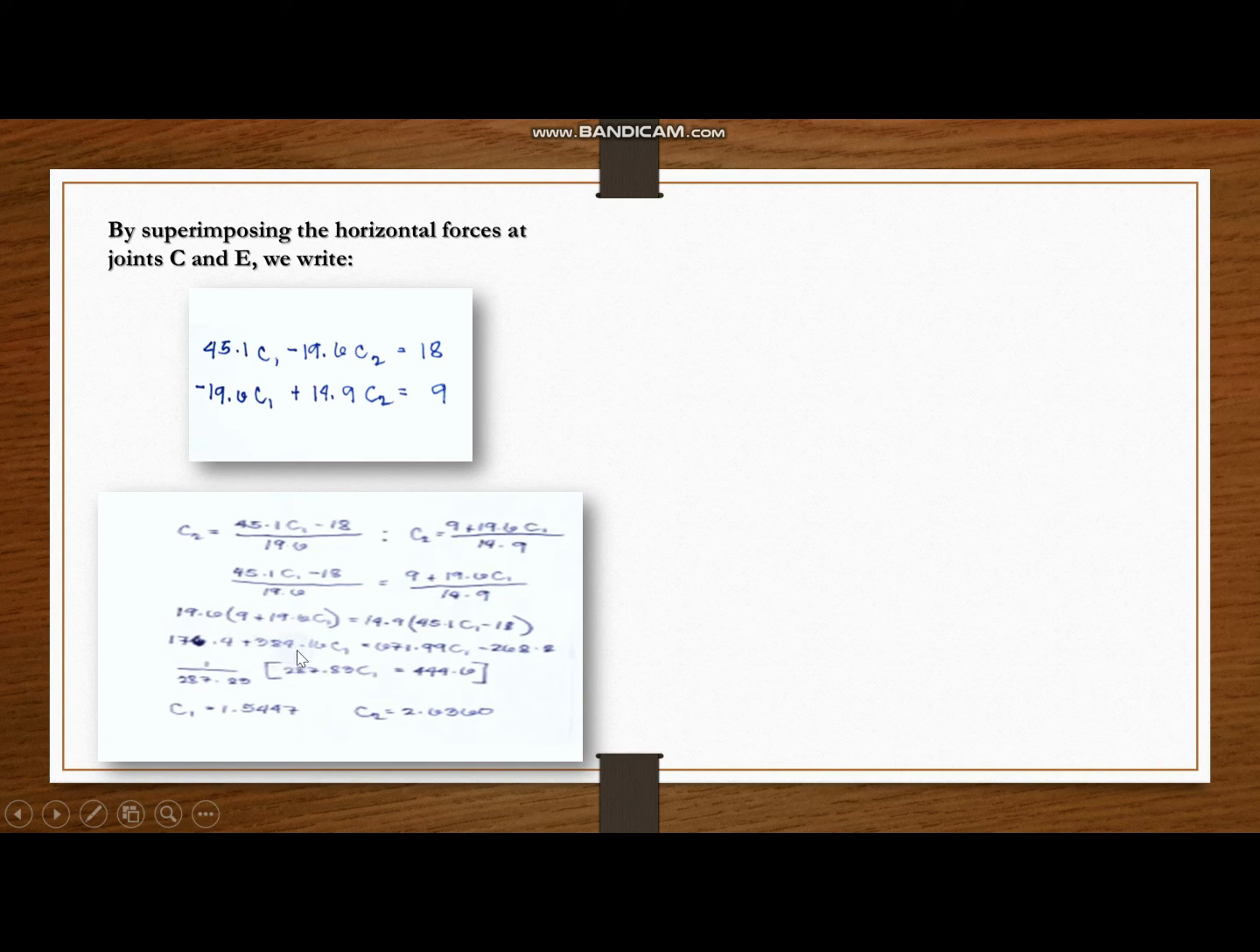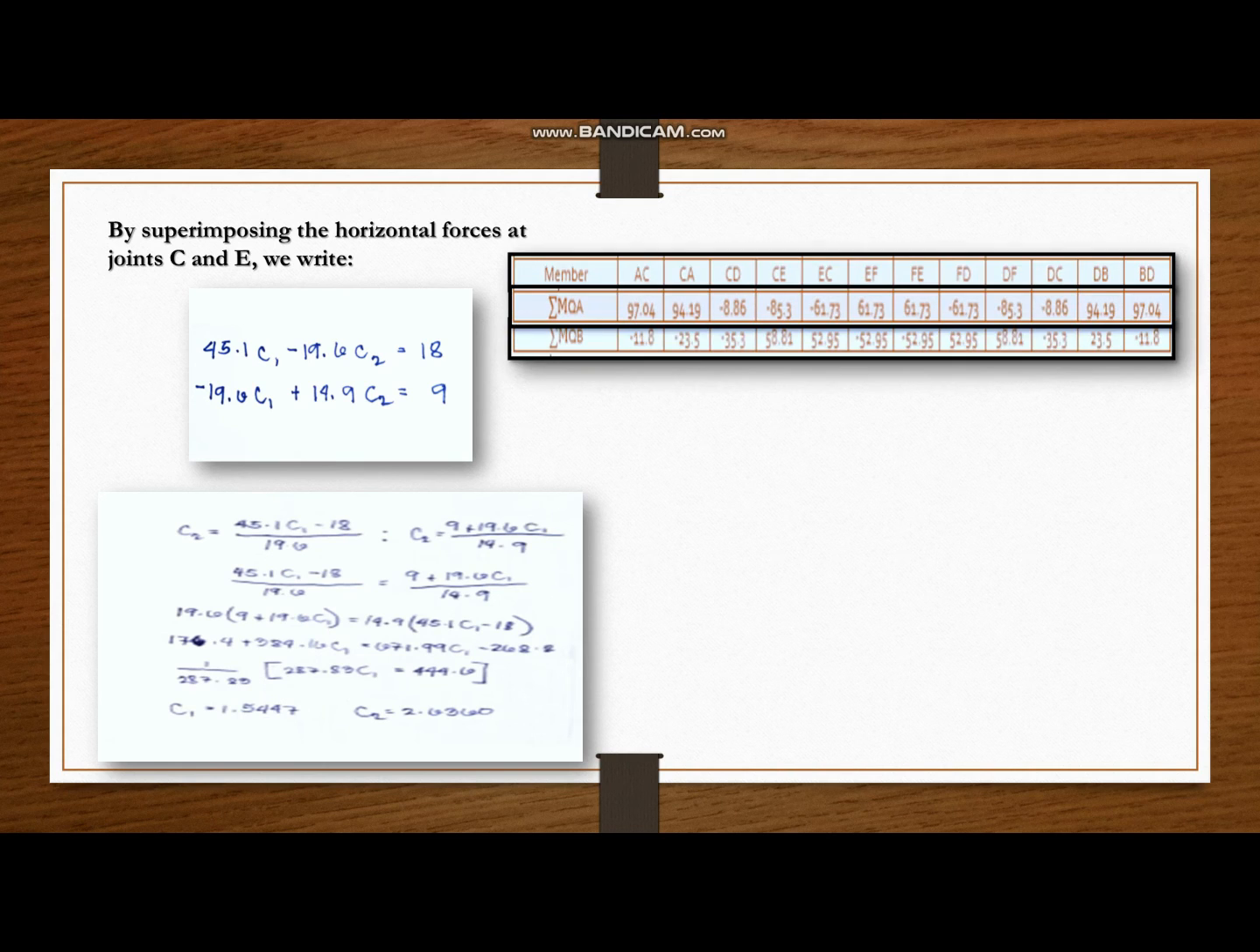So, 176.4 plus 384.16 C1 is equal to 671.99 C1 minus 268.2. So, sinolve na natin. Nag-come up tayo ng answer na C1 is equal to 1.544 and our C2 is 2.6360. So, here, our table, member AC, CA, CD,